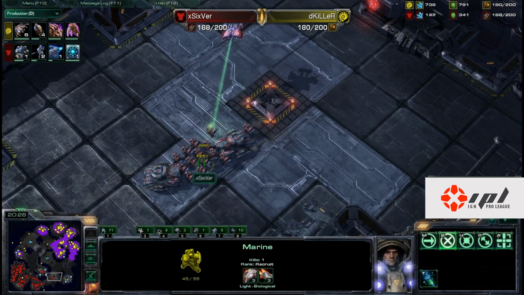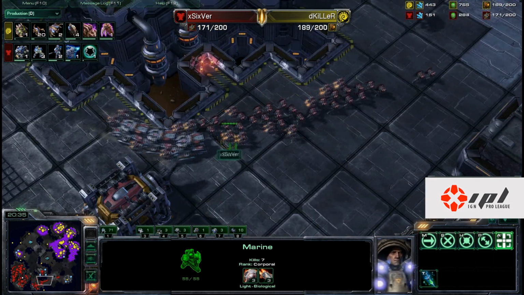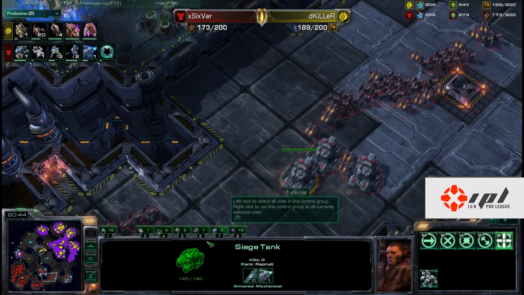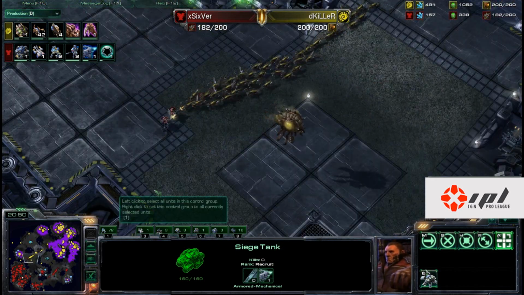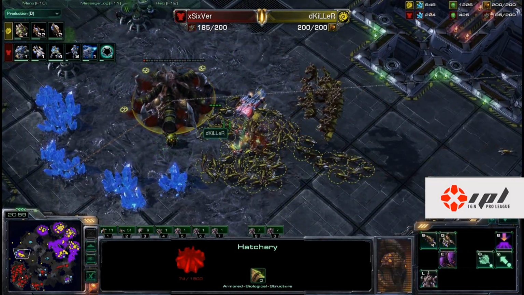Let's just check the upgrades real quick. The Marines just finishing 3-3 right there. They are fully upgraded. We also have some Ghosts coming out. The mech, the backbone of this army, is about to get +2 weapons, so their siege tank shots are about to do even more damage. I believe it's going to be 50 plus 10, so it's going to be 60. The Zerglings have 1-1. They're about to complete 2-2, so Killer's not too far behind in terms of upgrades,